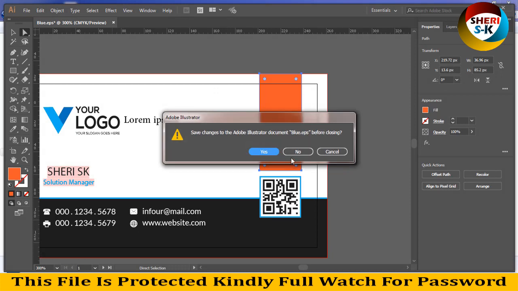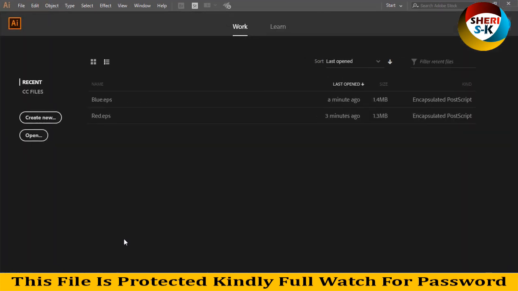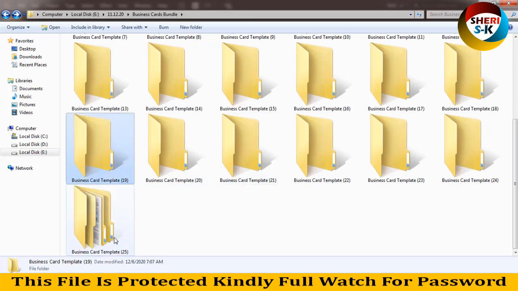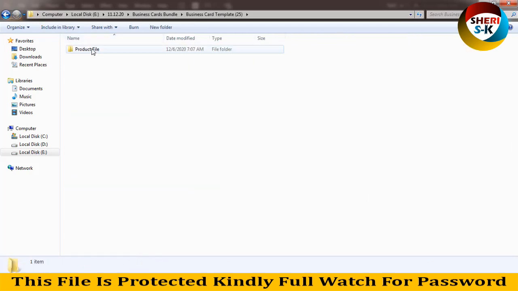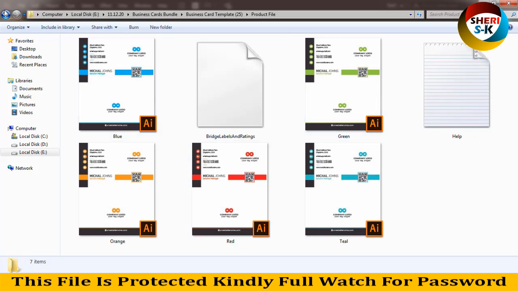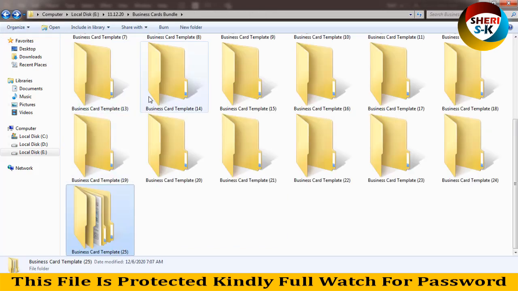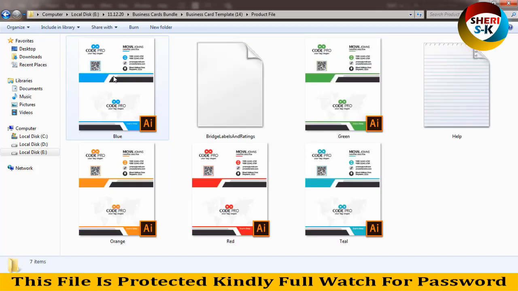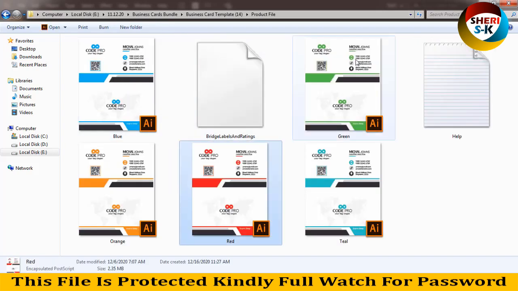So I close this file. Okay, and open another file, business card template 25. Here are 5 colors with different styles. Green,